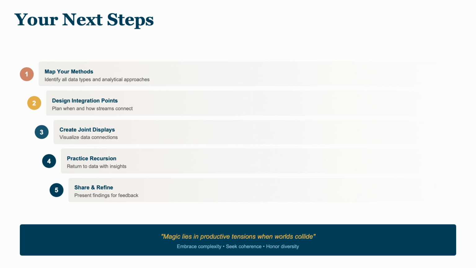Fourth, practice recursion by returning to your data with new insights. And fifth, share and refine your findings. Remember the quote at the bottom of the slide, "The magic lies in productive tensions when worlds collide." Embrace the complexity, seek coherence, and honor the diversity of your data to move from simple